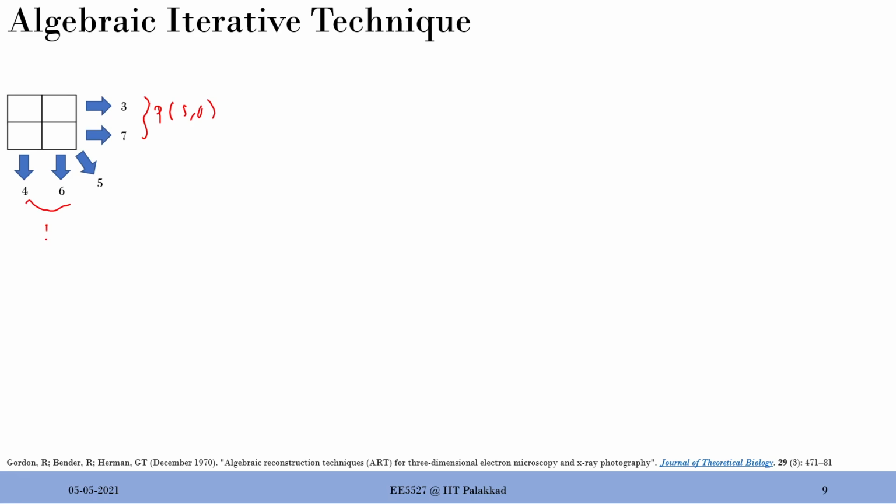And these are actually coming from p of s comma 90 degrees, and this may be p of s comma 45 degrees. Okay, so I'm just giving some illustrations so that you know what I'm talking about. So 3, 7, 5, 6, 4, these are the only values, the only information that I have. So the first step in this algebraic iterative technique is that we start with this 0 degree case, and we go